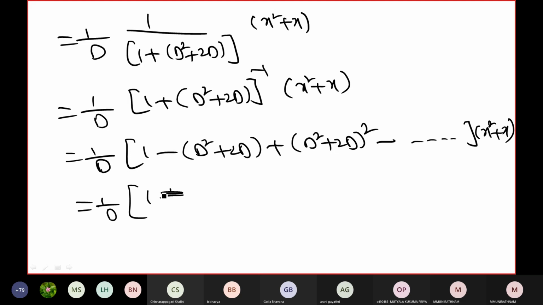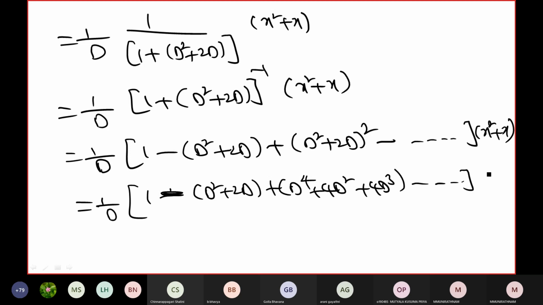So this is 1 minus d square plus 2d. This is d power 4 plus 4d square plus 4d cube and so on. This is x square plus x. So my f is x square plus x. df is